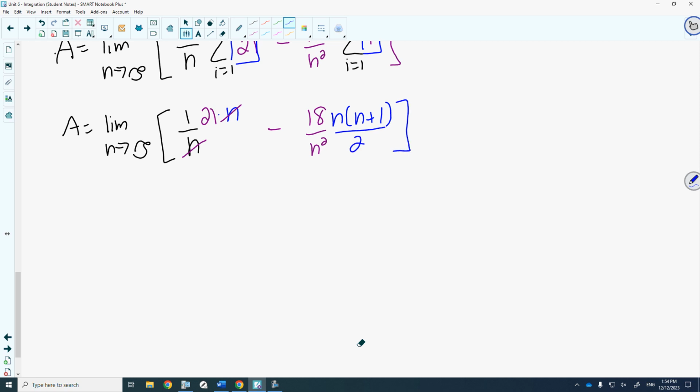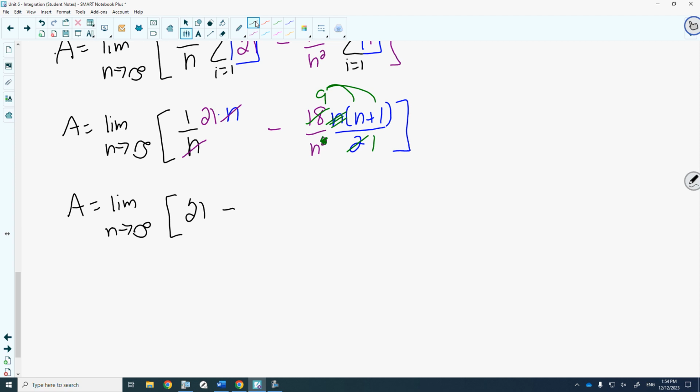Okay, so from here, n, and that would cancel. 2 goes into 2 once, 2 goes into 18 9 times, and I'm going to distribute this inside. So I'm going to get the area is equal to the limit as n approaches infinity of 21